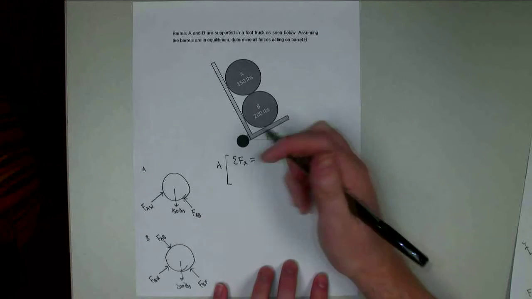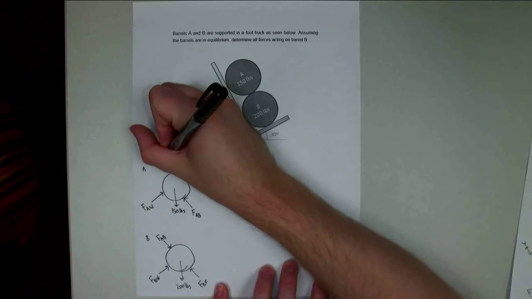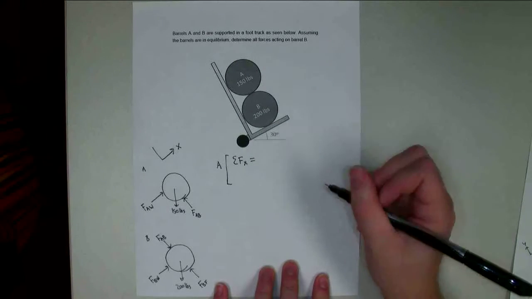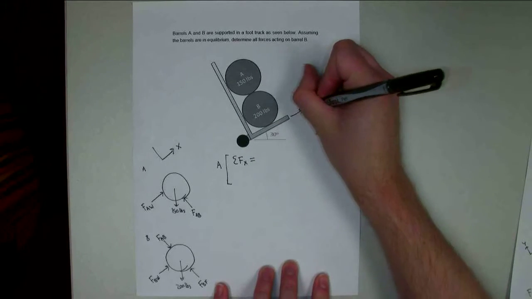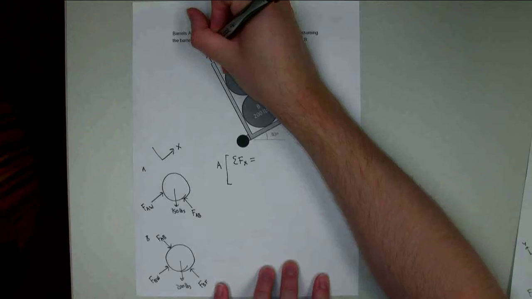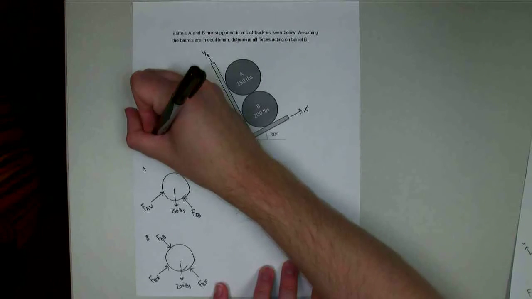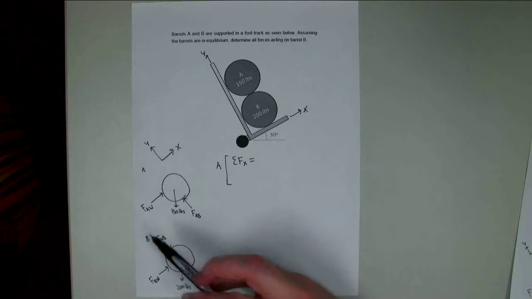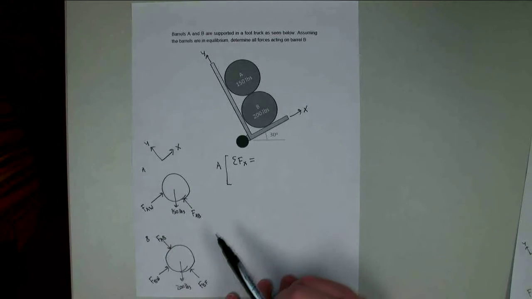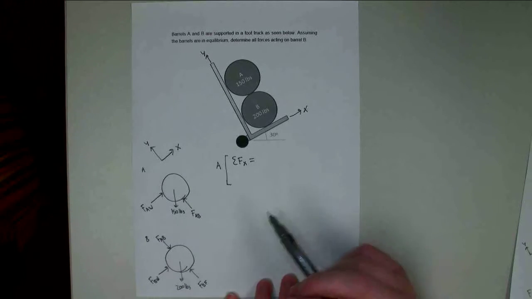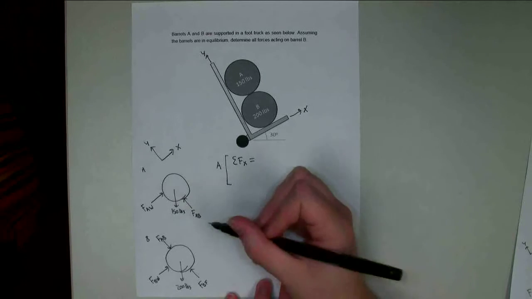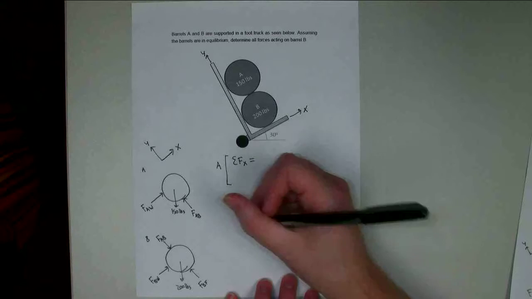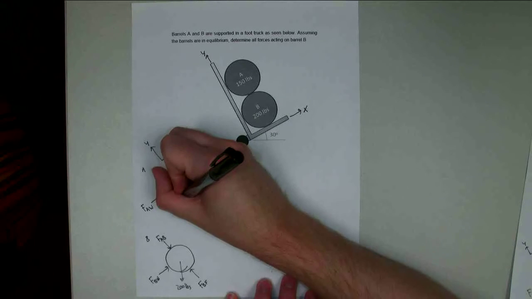And so I'm actually going to make the X direction up 30 degrees, so this is the X direction and this is the Y direction. That means that FAW is going straight in the X direction, FAB is going straight in the Y direction, but this 150 pound force, I'm going to need to break that down into the X and Y directions. So this is actually going to be 30 degrees